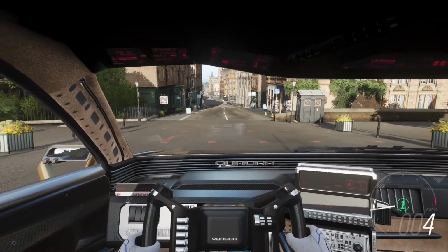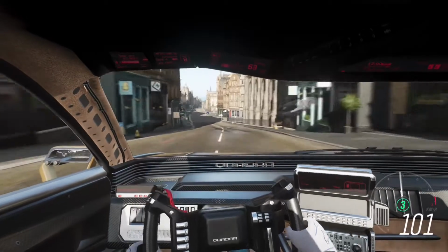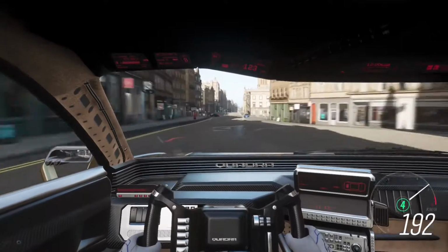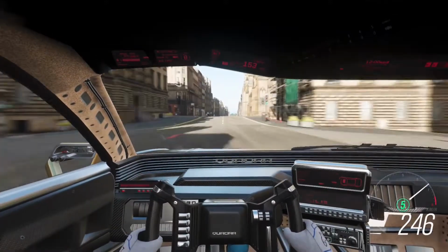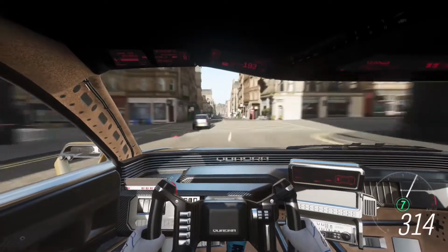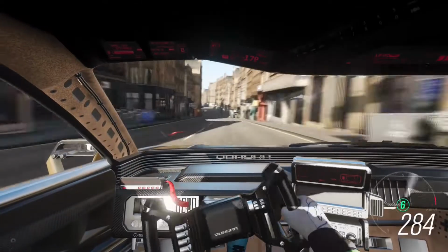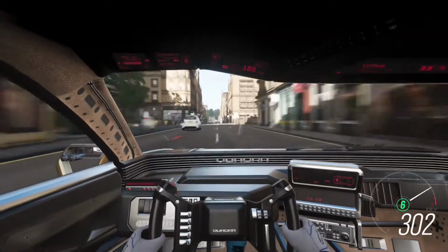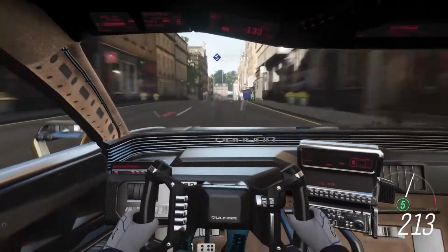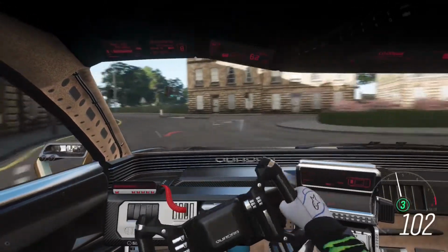It is said to weigh 1250 kilograms, which is also pretty light. Additionally, it is equipped with a rear-wheel biased all-wheel drive system. So this means that most of the power is going to the rear wheels, but it is an all-wheel drive car after all. The stats in Forza, at least in an untuned condition, are almost identical, so I won't go